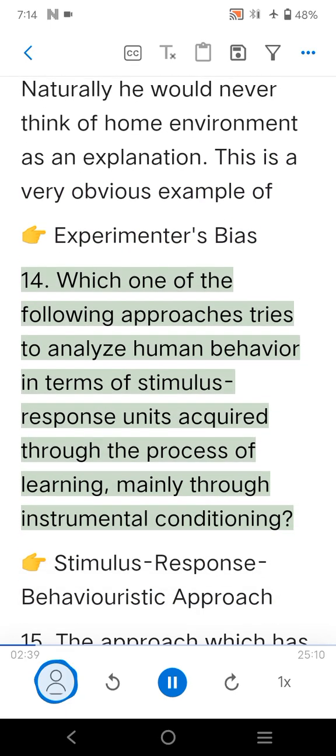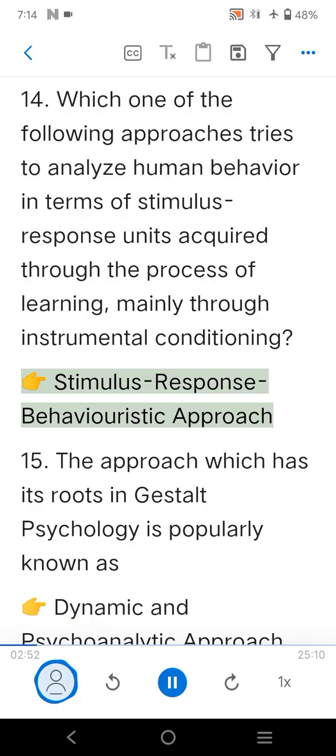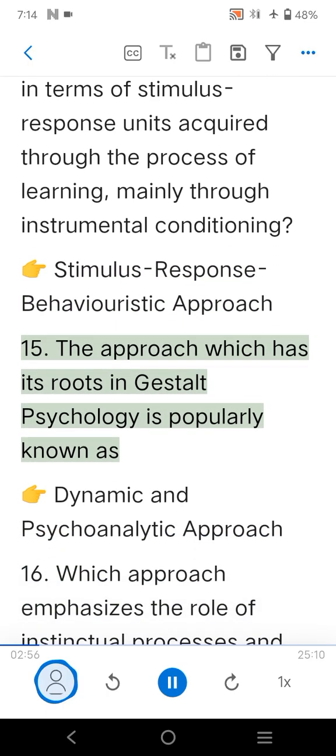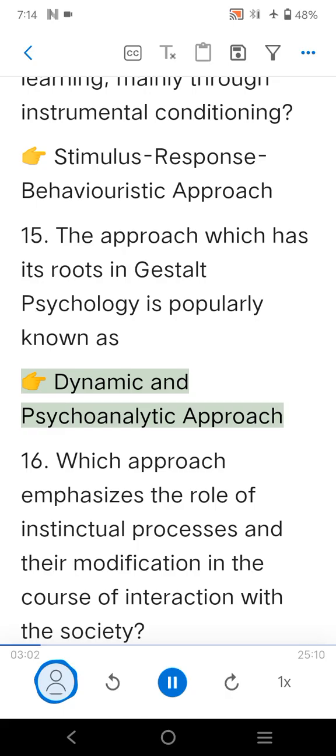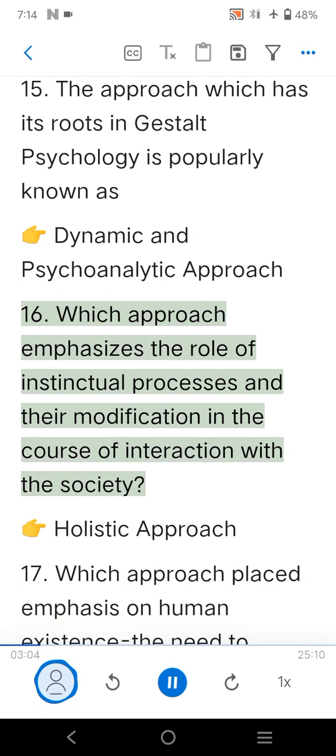14. Which one of the following approaches tries to analyze human behavior in terms of stimulus response units acquired through the process of learning, mainly through instrumental conditioning? Stimulus response behavioristic approach. 15. The approach which has its roots in Gestalt psychology is popularly known as